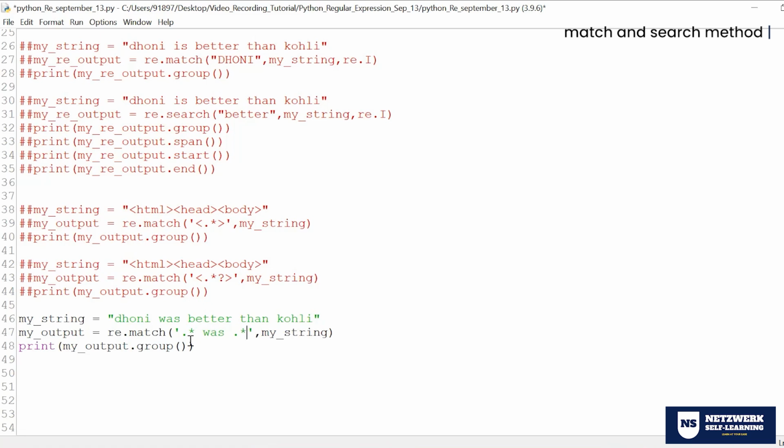What I'm doing is exactly matching the above string with the expression. In the first case, I just used the exact word for matching. In the second case, I used a wildcard character. In this case, I'm using a word to match what comes before and after that specific word. Now, was is a kind of divider. Before was there is something and after was there is something. That's what I highlighted. So when I run,